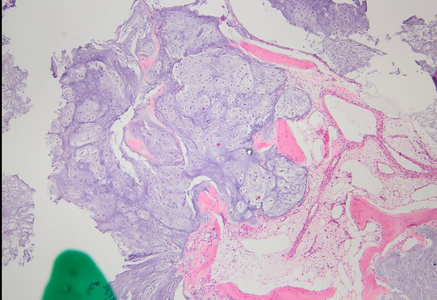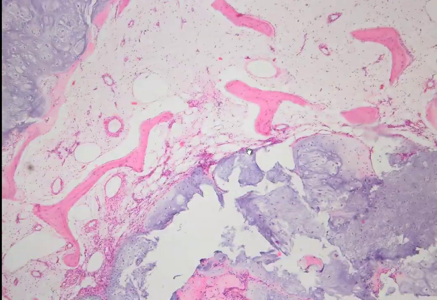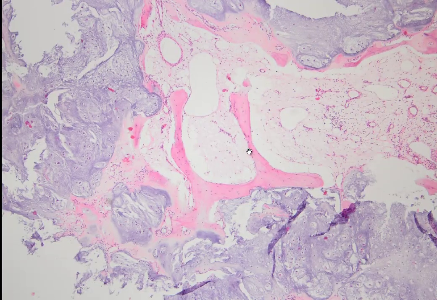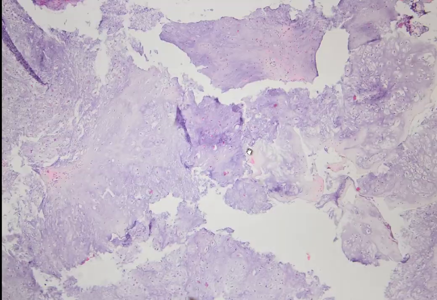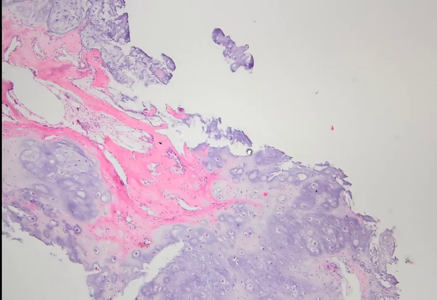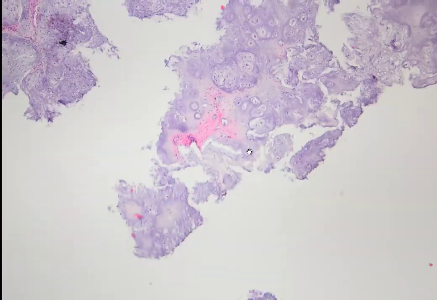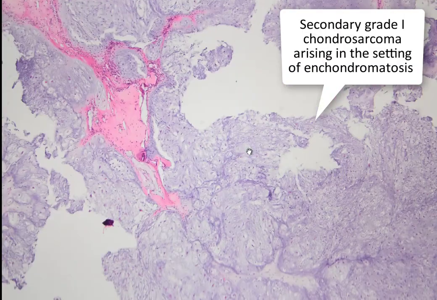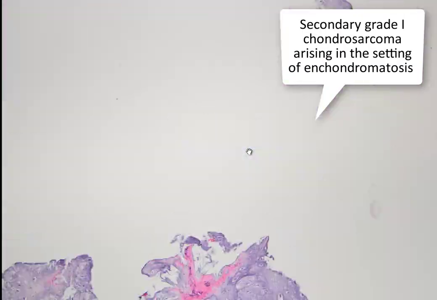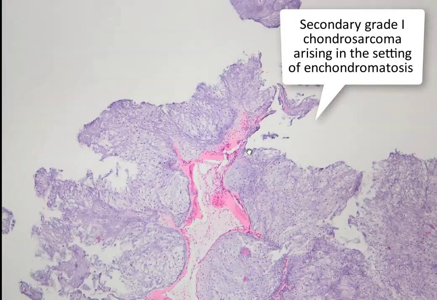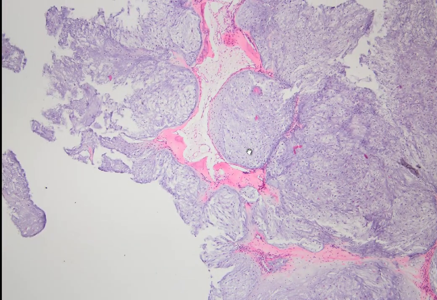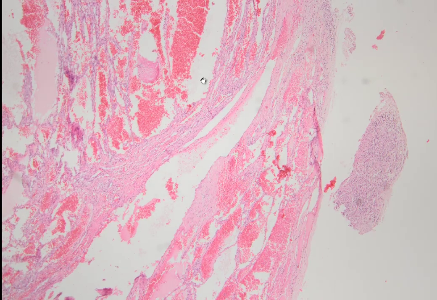But again, you should correlate with the radiology, and in this radiological correlation, we found a very large tumor destroying the finger. So we called this tumor grade 1 chondrosarcoma. The purpose of this video is not the infiltration of the host bone, although it is nicely presented, but I'm going to show you another lesion seen in this patient